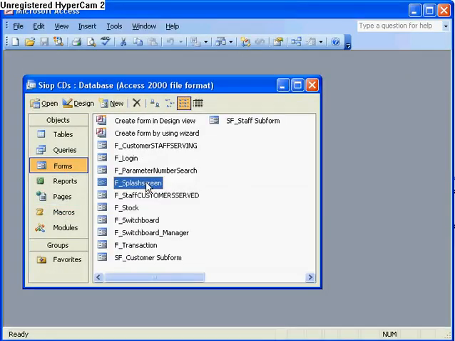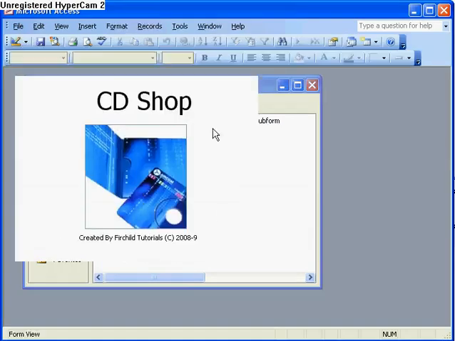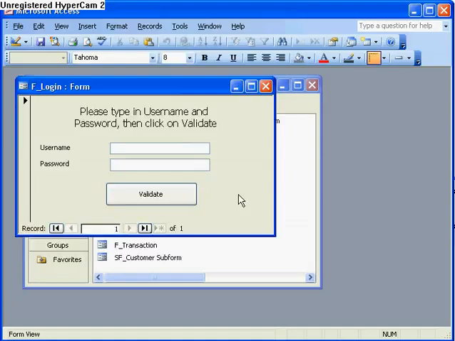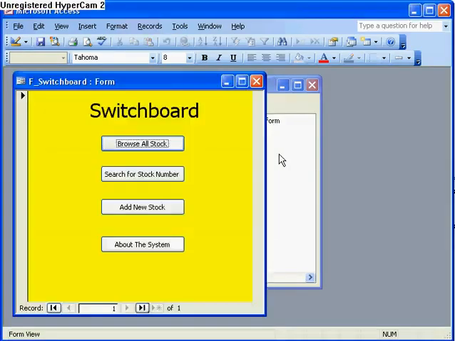I go to forms, go to splash screen, and what should happen is the password screen should open, and then when I put the password in correctly, the switchboard should open. So let's give that a go. Splash screen runs, then we get the login screen. I'll type in user1, user1 for password, validate, it's worked, okay, and the switchboard's opened. So it's worked very, very well, and pretty much that's it for creating a login